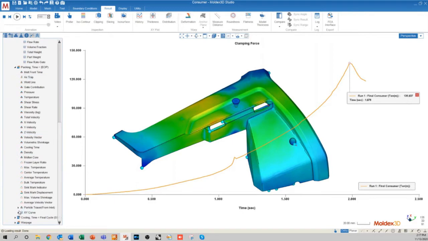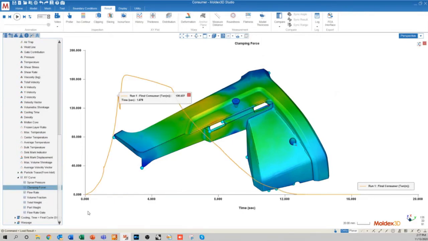And I'm going to go into the XY curve of my packing results, and we'll go to clamping force there. You see that my little tag still shows up, which was the maximum during my filling stage. You can see that right after the filling stage, the force actually increases again because we're packing out the geometry. And we get to this maximum value, which might be something like 165. That's maybe a 10 to 20% increase in the pressure, or in the clamping force,